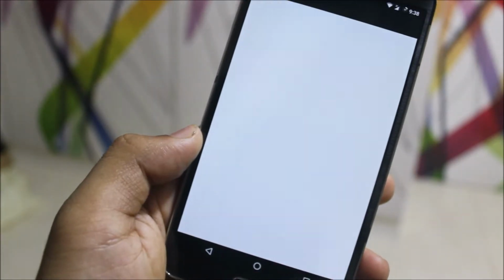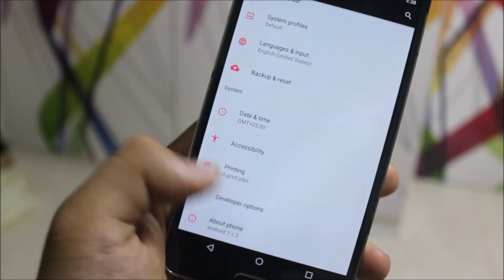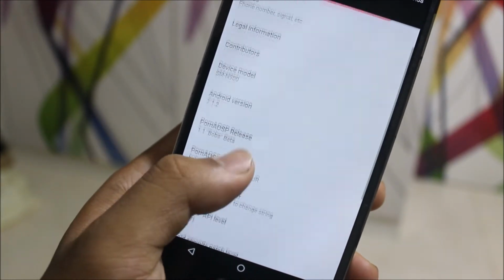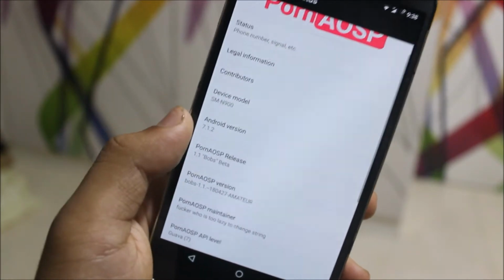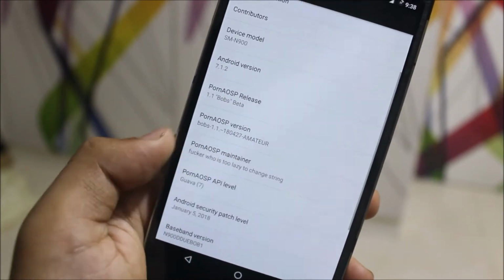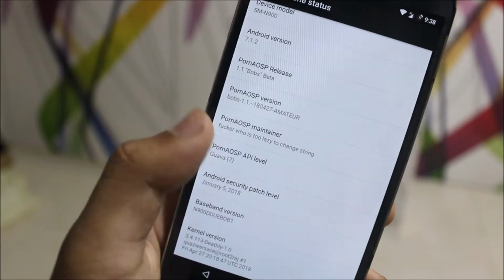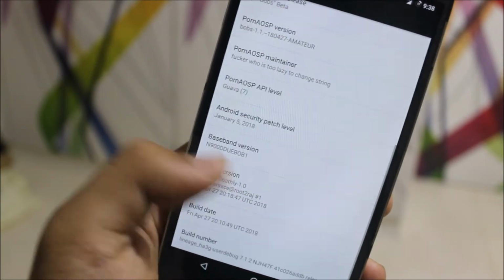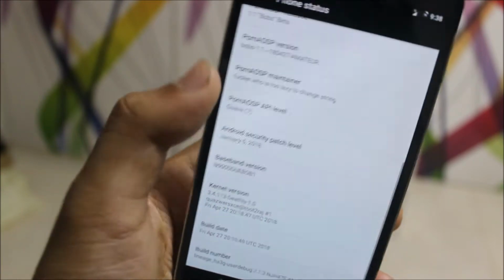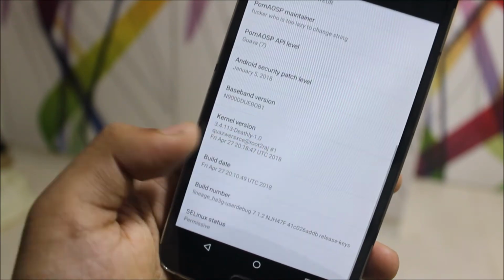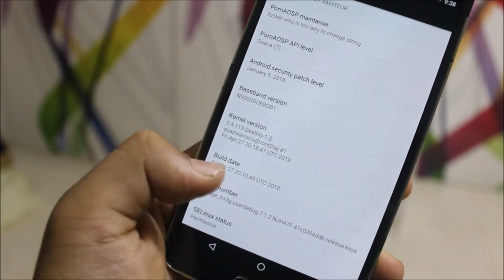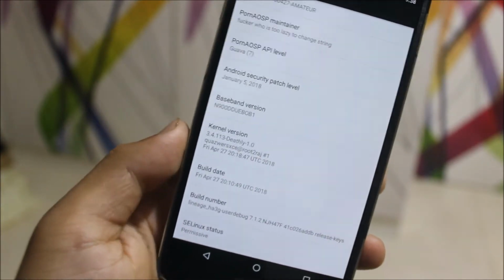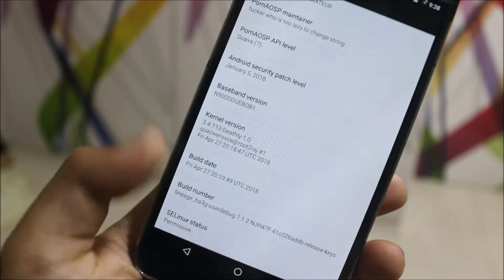Now let's move into the settings and let's go into About phone. Here you can see PornAOSP, model number N900, and it only supports the Exynos model. You can see the Android version 7.1.2, because we don't have Android 8 over here yet, and you can see the PornAOSP version which is PAOSP 1.1, and yeah, some rude language is being used, and you can see the build date which is April 27. And yeah, it's based on LineageOS Extended, so the performance will be very